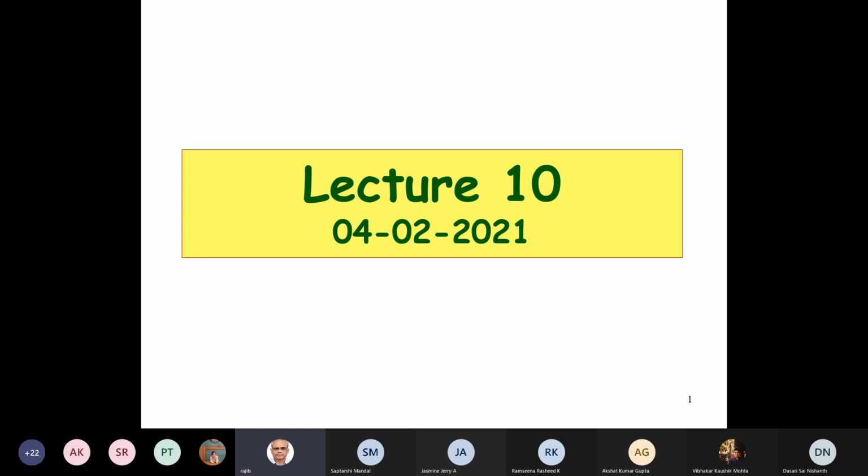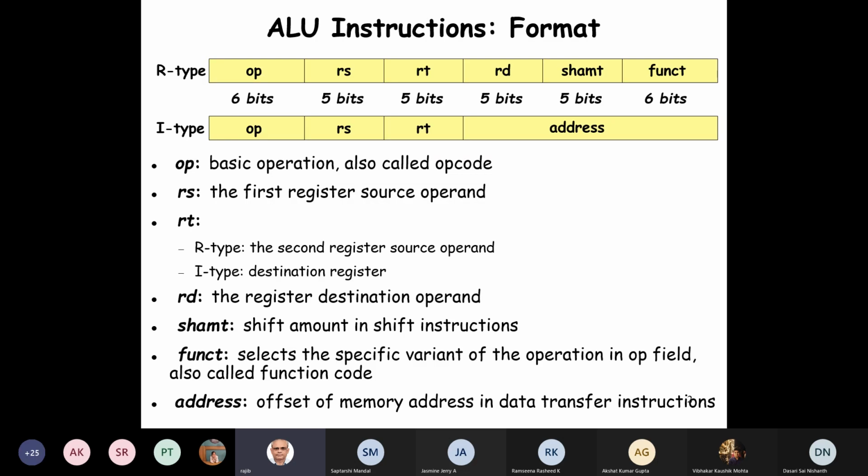Let's proceed with what we were doing last time. We were looking at assembly programming of the MIPS processor. The idea was that to learn the instruction set architecture, we ourselves need to be assembly programmers. Whatever an assembly programmer needs to know roughly defines the instruction set architecture, and we are looking at the instruction set architecture of the MIPS processor.